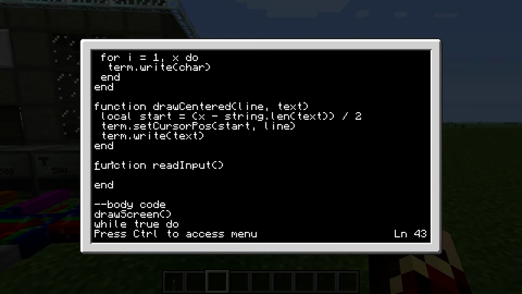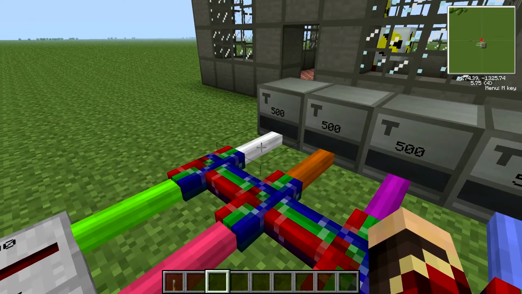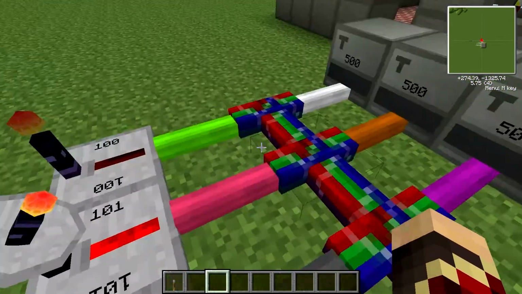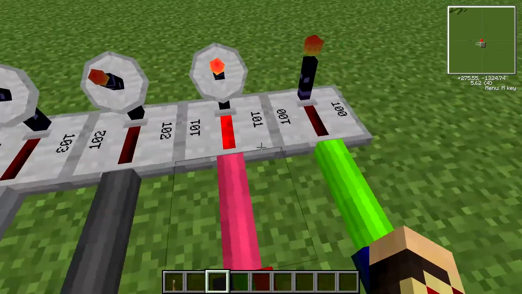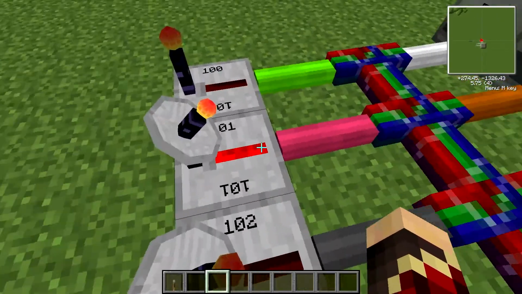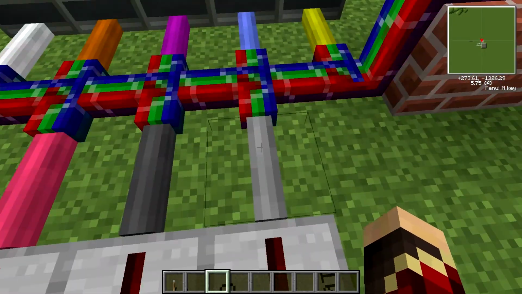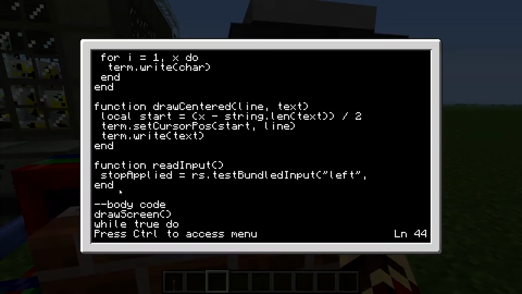It was stop applied, right? Stop applied equals, and then we want to read a certain input, so that's test bundled input on the left side. And remember what I told you about the powers, like it's 1, 2, 4, 8, 16, 32, 64. This is 64. Let's see if we can read this and get this to be true. And yeah, 128, 256, 64. So if we read this one,